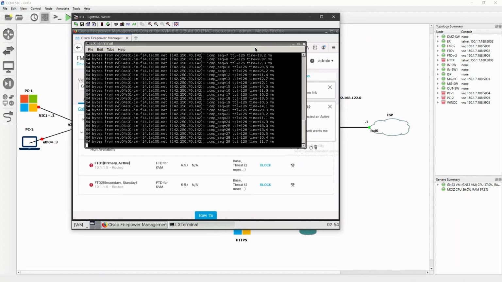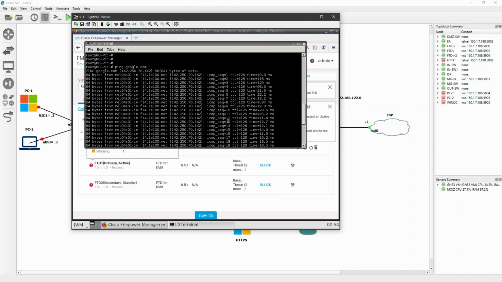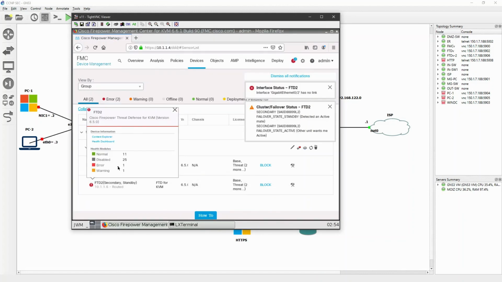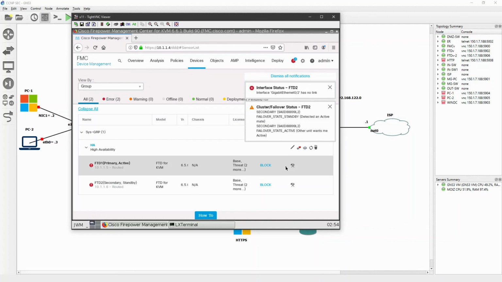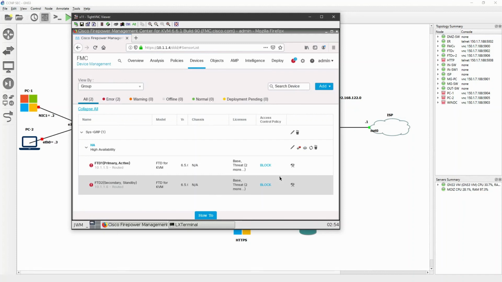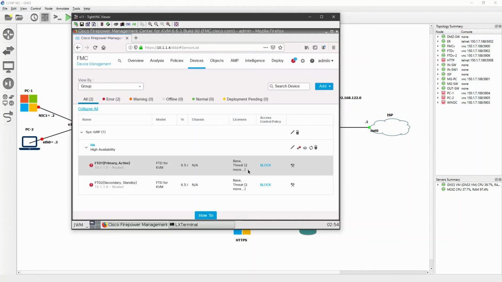Now you can see that the switch has been successfully done, but my ping has not been dropped. That means traffic has not been dropped. I'll stop the ping, and if I go ahead and check, there were some delays here, but no traffic has been dropped. Now you see that my FTD1 became the primary, FTD2 became the secondary now. So it's very good that without dropping any traffic, we are able to switch over to the failover, and it is very efficient.